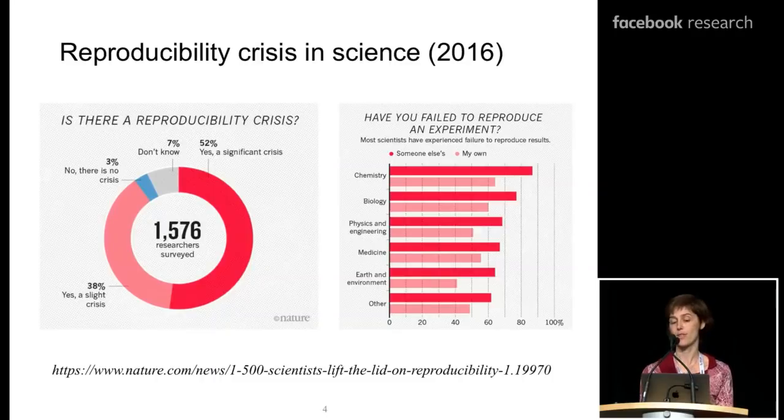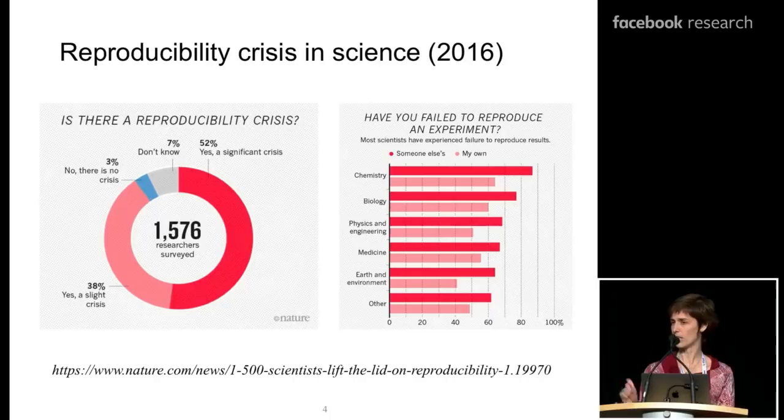A follow-up question asked them whether they had failed to reproduce an experiment, and the results were divided by subfield. It's written a little small, and computer science isn't on this graph. At the top of the graph we have the chemists, below that biology, followed by physics, medicine, earth and environment, and then the other. I guess we fall under the other. The dark red line is the cases where someone failed to reproduce an experiment from somebody else, presumably from another lab. That goes beyond 80% in chemistry, and around 78% in biology.